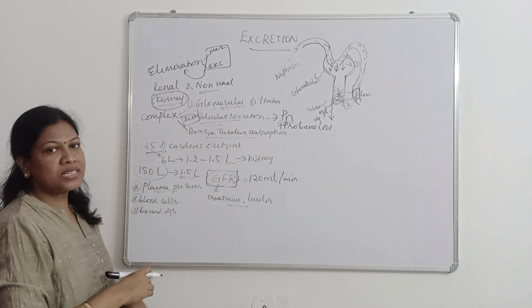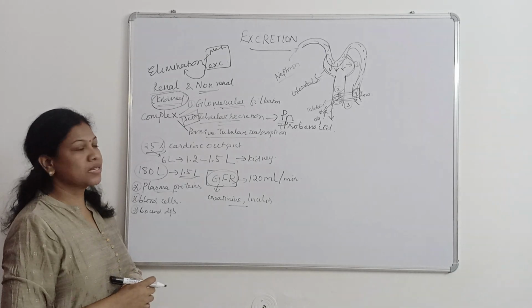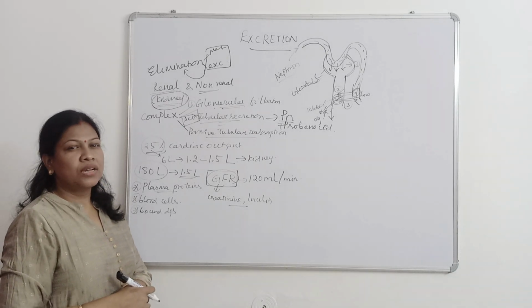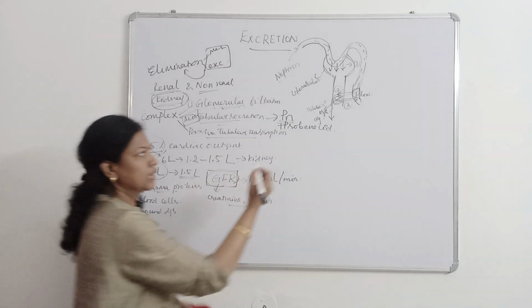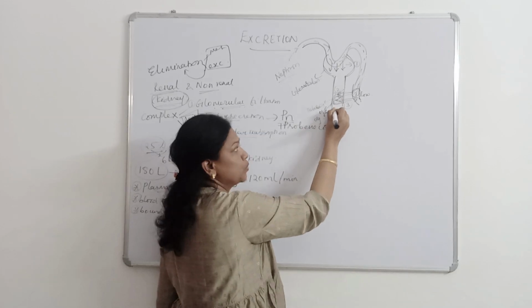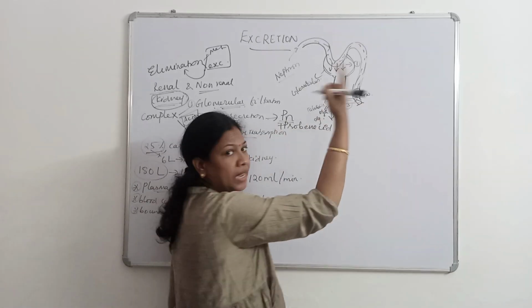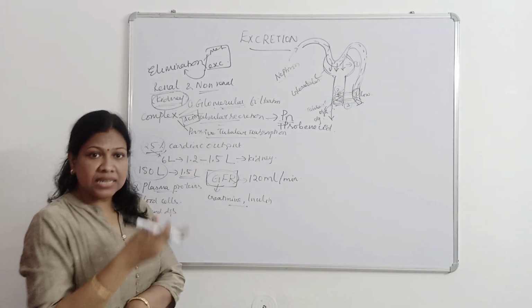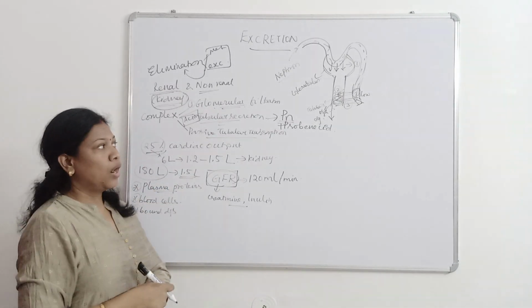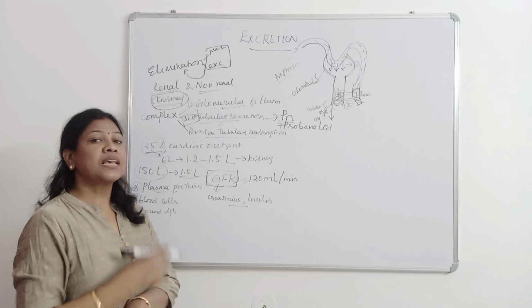Now, the next process in renal excretion is tubular reabsorption, which is a passive process. What is reabsorption? It is the absorption of drug, present in high concentration in the tubules, back into the blood vessels, so it enters the body again through the blood flow. How does this take place? Along the